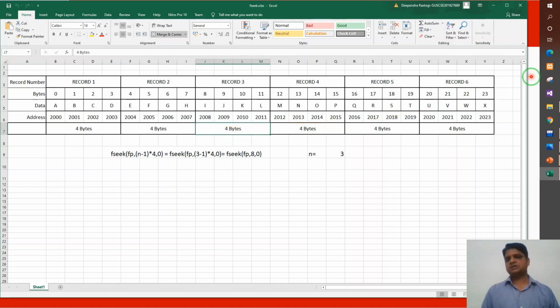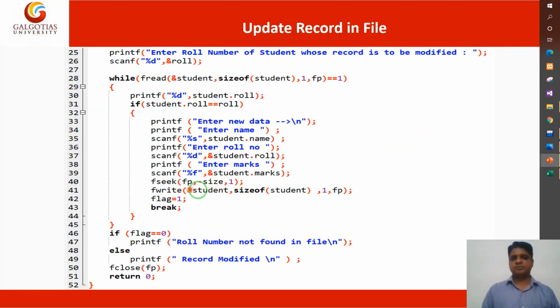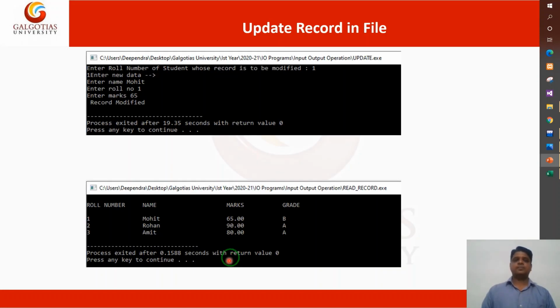So for this purpose here I have used fseek(fp, -size, 1). From the current position you will have to move 207 bytes backward. Then you will get your current record which you want to update. And now you will use the fwrite function and update this, and then your program will be successfully done.